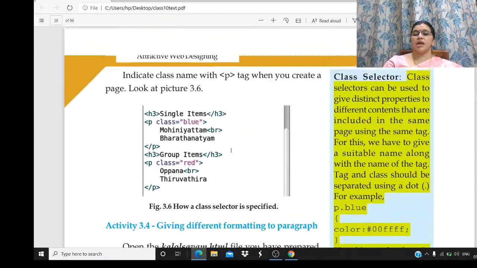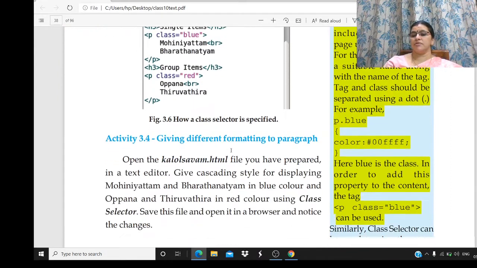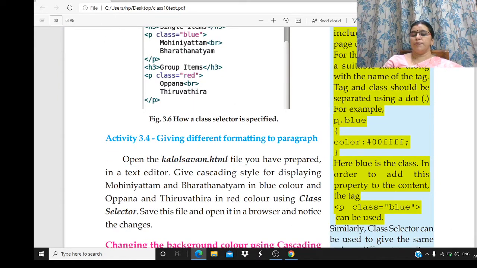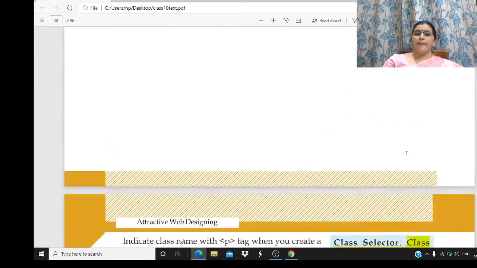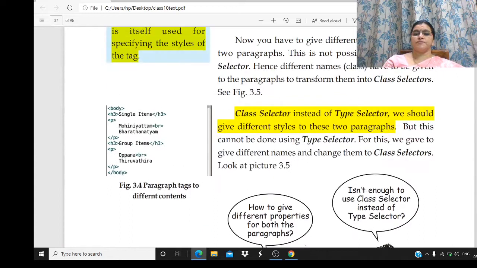Then this is the class selector which we have learned. Isn't it? P.blue, blue is the class name. How is it called inside the paragraph? P class equals, inside the double quotes, blue. Then class selector instead of type selector, we should give different styles to two.